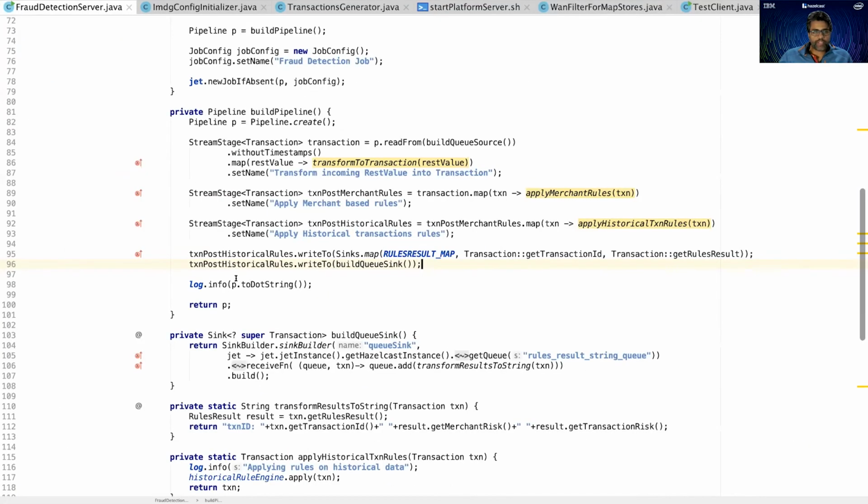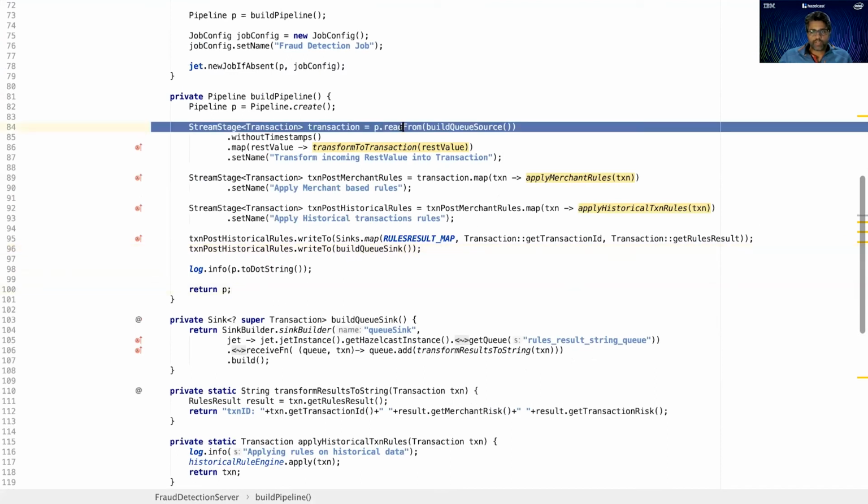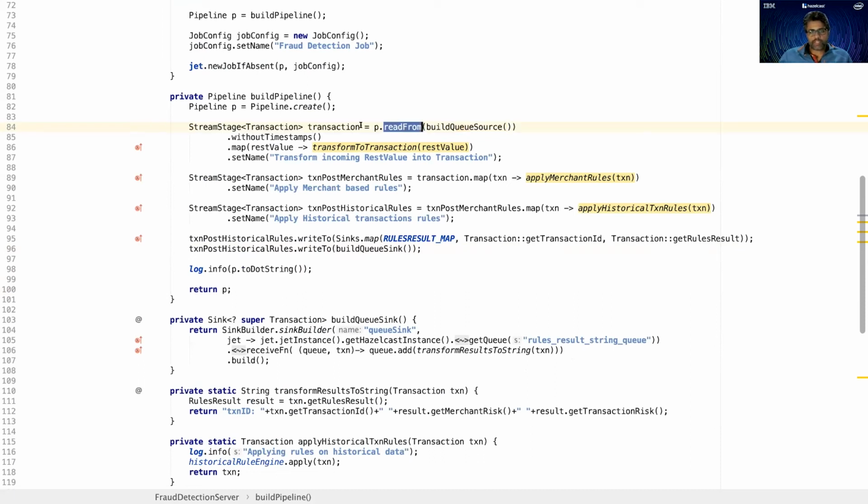So very quickly, this is how I build my pipeline. First stage is basically to connect with the source. So here I am connecting to the queue, which receives the transaction for processing through a REST API from the simulator. Now here, this stage receives the transaction from the queue, and then it forwards the transaction. It performs some transformation operation here. It transforms the data, or the raw transaction, into a Java object called transaction